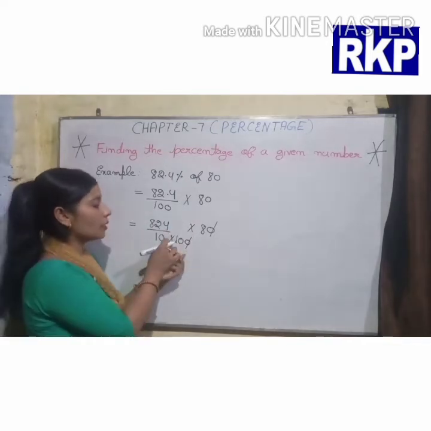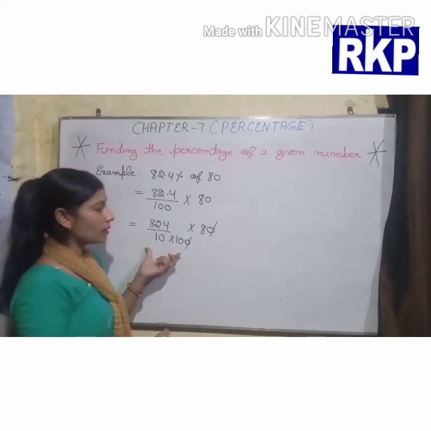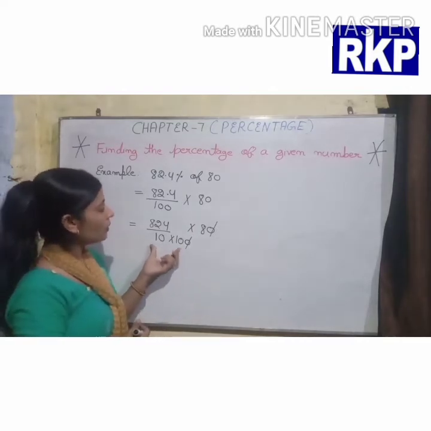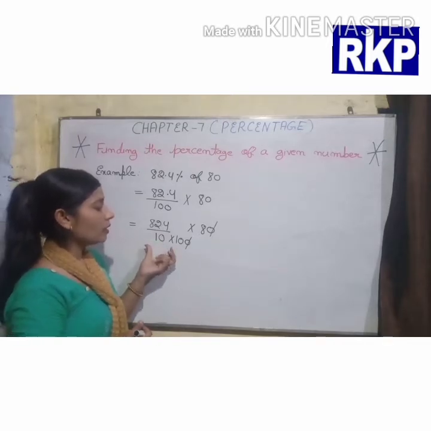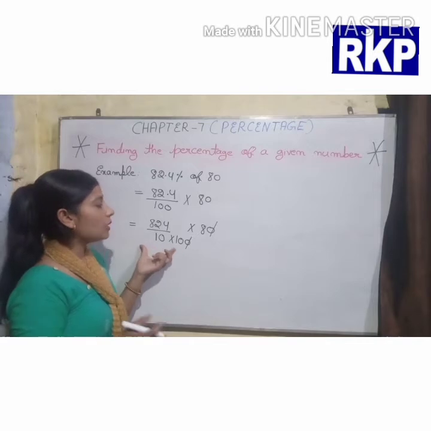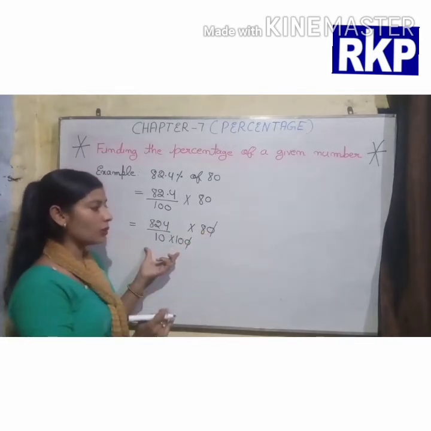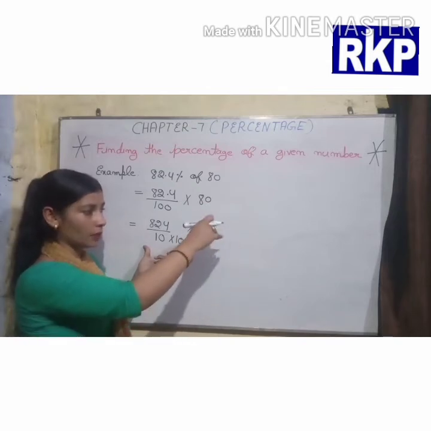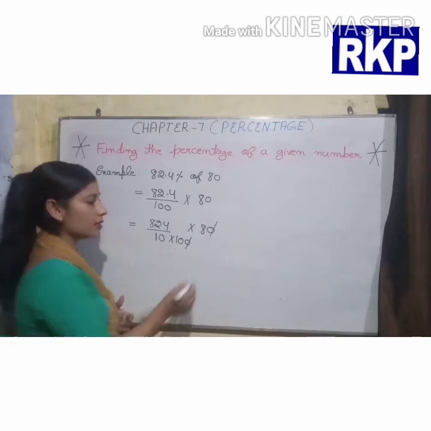यहाँ हम क्या कर सकते हैं, इनको कैंसिल भी कर सकते हैं, या फिर अगर हम डायरेक्टली आंसर लिखना चाहें तो डायरेक्टली आंसर भी राइट कर सकते हैं. Because here we have 10 and 10, means 10 multiply 10 will give us 100. Okay, if we multiply this and write 100 as a denominator, then we can convert that number into decimal easily. Okay, now let us see how can we write